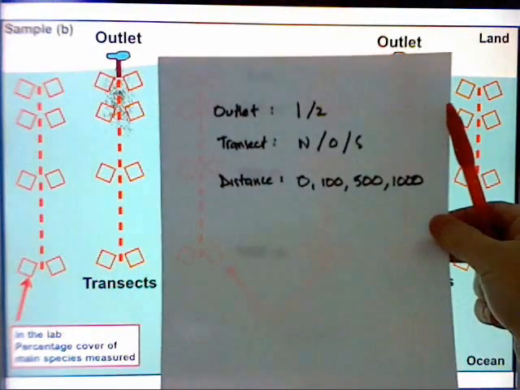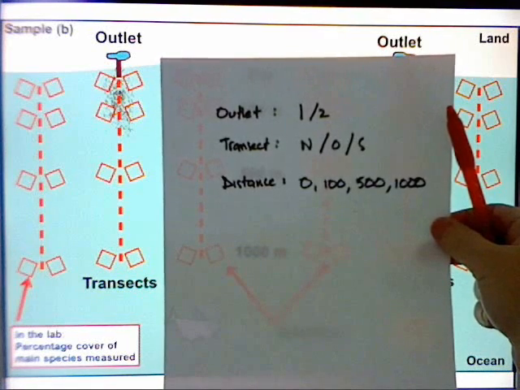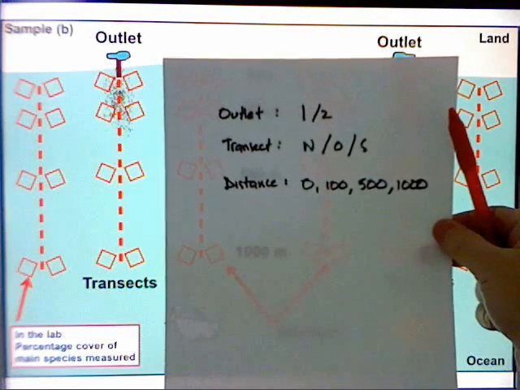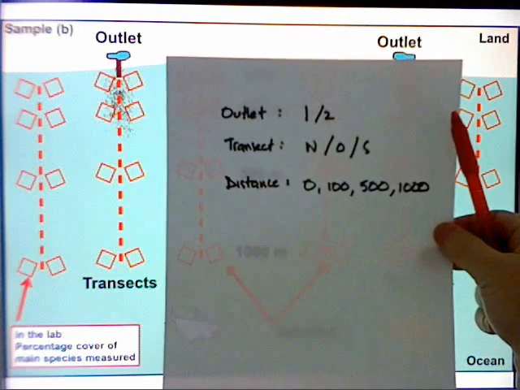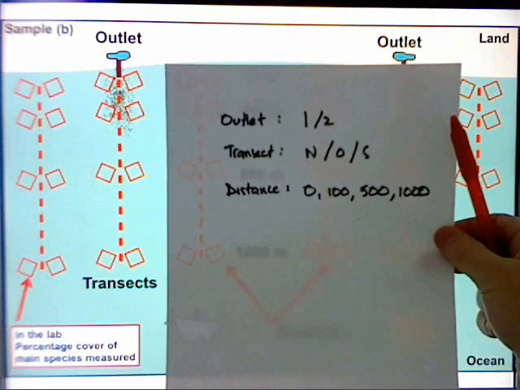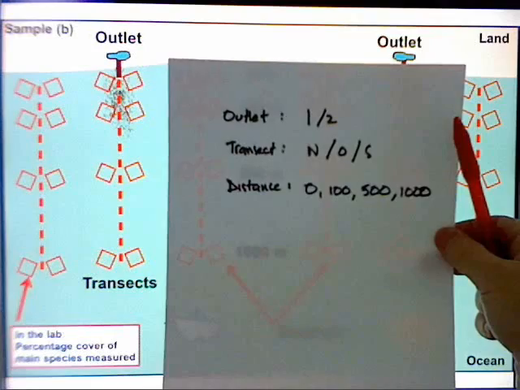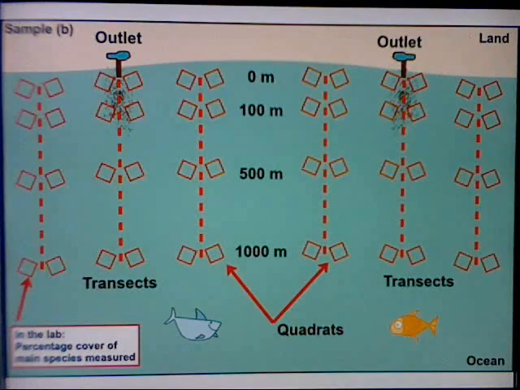So we can summarise it like this. We've got outlet as the first factor with 1 and 2 as the levels, transect as the second factor with north, at the outlet, and south as the levels, and the third factor is distance with 0, 100, 500 and 1000 metres as the levels in that particular factor. Now these first 2 designs only have spatial factors. There's no mention here of samples taken at different